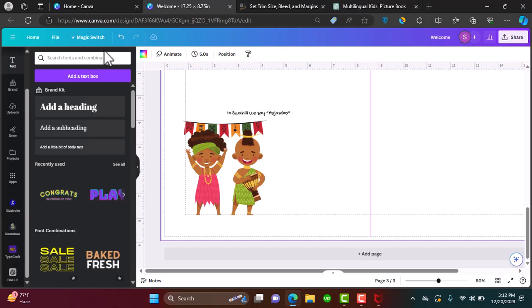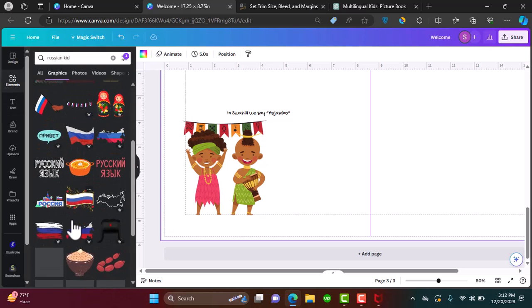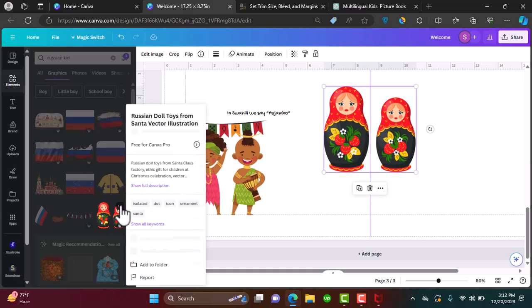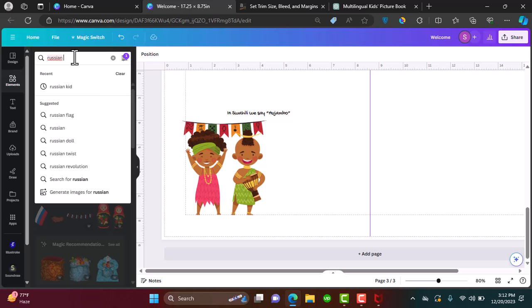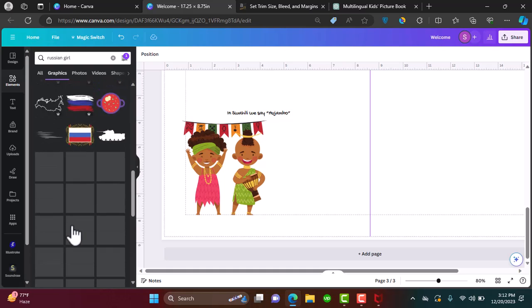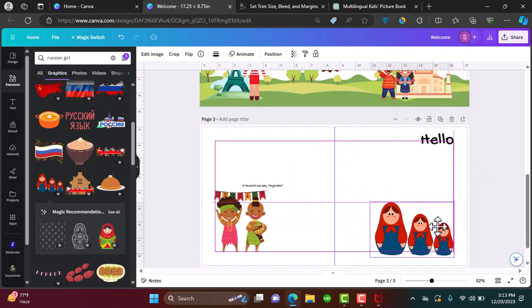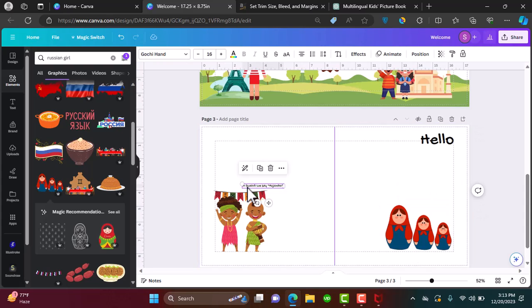Then we can add Russian here. So we can look for a Russian girl or a boy, Russian kid. We can go for these Russian dolls as well. But I want to go for a Russian girl. This looks like a nice illustration, and we can go for this. I'm going to add this on this side. I'm just going to make it a little small, and I'm just going to copy and paste this over here,